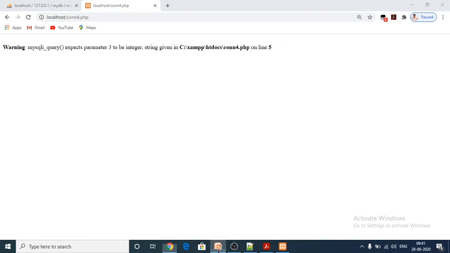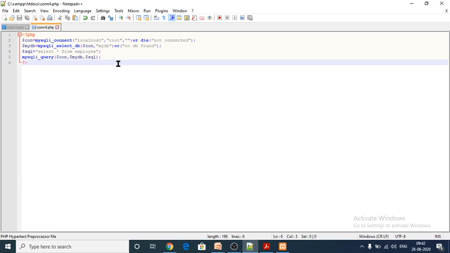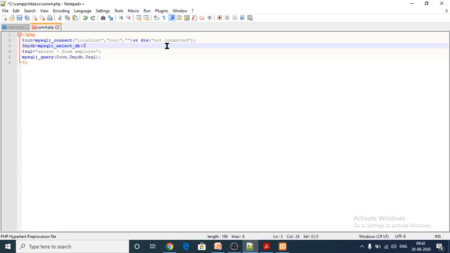Yes, it says expects parameter 3 to be integer. So some error is there in the MySQL query. So let me give some other things instead of this one. I would like to try in another way.